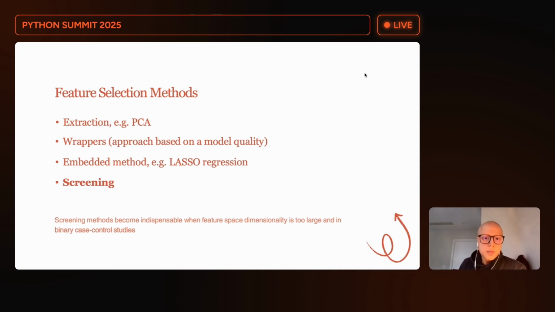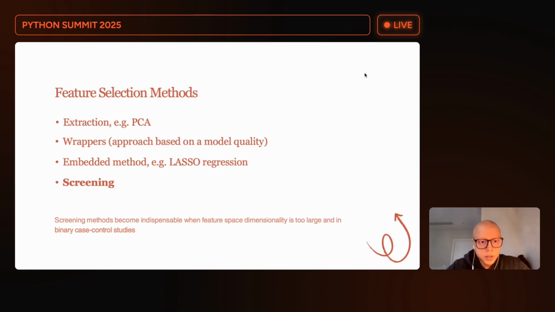This is usually the most inefficient one because it means that we need to train and test our model many times. It works more or less well if the model is simple, but if it's a large neural network, then it's a